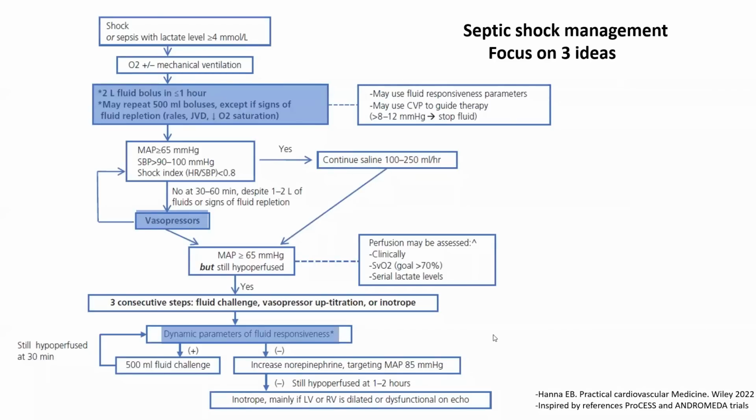This is the algorithm of septic shock that I have in my book, inspired by many of those early aggressive septic shock therapy trials. And I want to highlight that septic shock management is focused on 3 ideas. One, Swan is usually not needed in septic shock. It can be needed in those mixed septic, cardiogenic, unclear picture shock, as I implied, but overwhelmingly in septic shock,